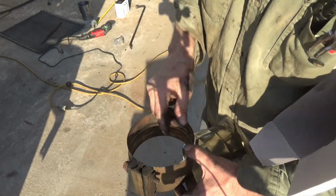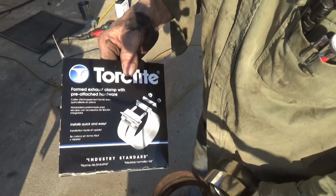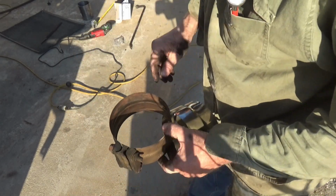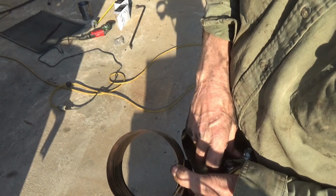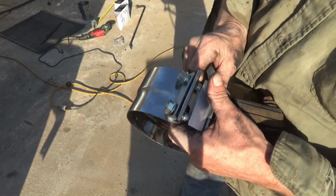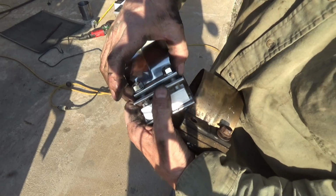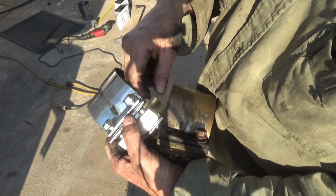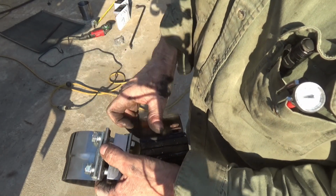Time to put these clamps together. These new clamps are a different brand. They came with the pipe. I got that pipe on Amazon. Okay, I already put it together. I put this bar in here and then put the nuts on it. But the difference is